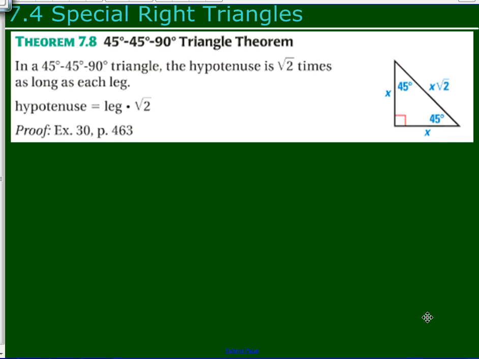All right, in this particular lesson, we're going to be talking about special right triangles. Particularly, we're going to talk about two special right triangles. The first one is called a 45-45-90 triangle. What this means is that in a 45-45-90 triangle, the hypotenuse is the square root of 2 times as long as each side,